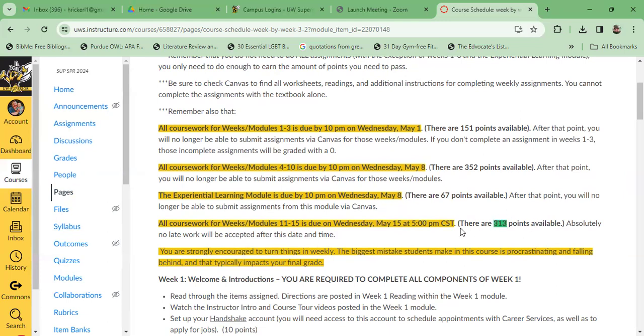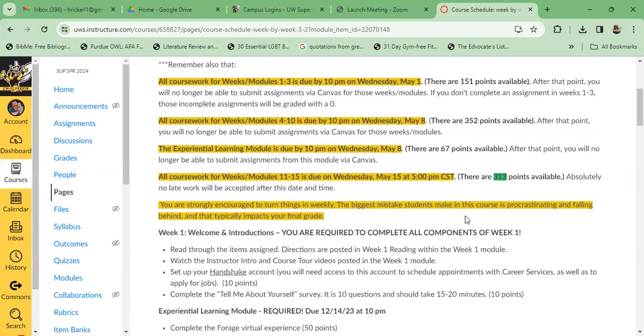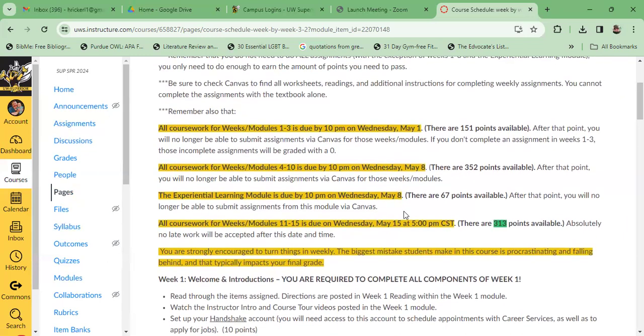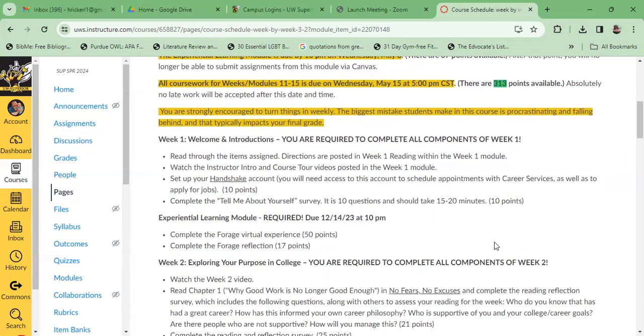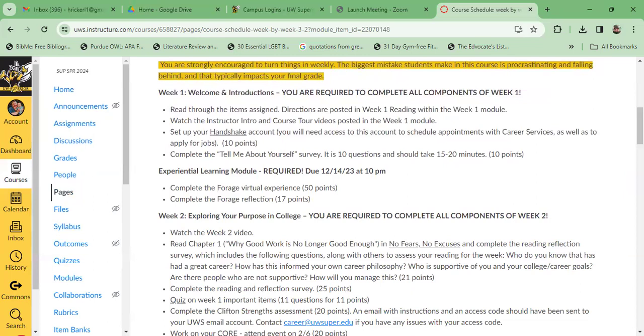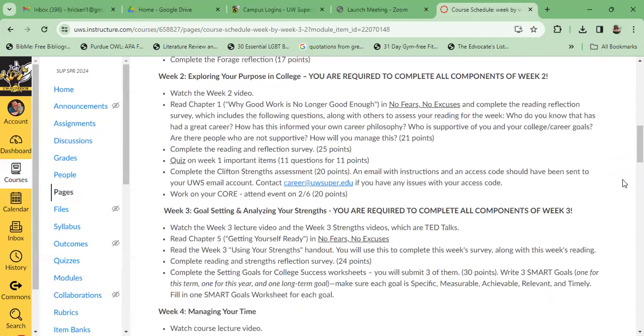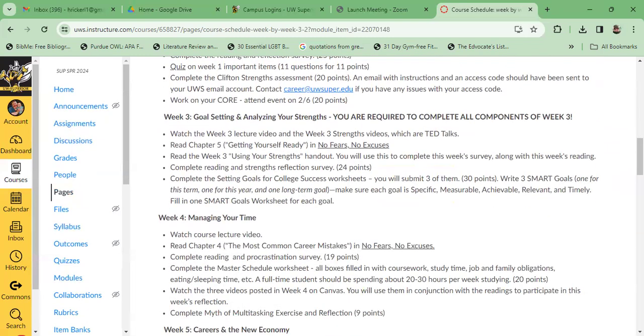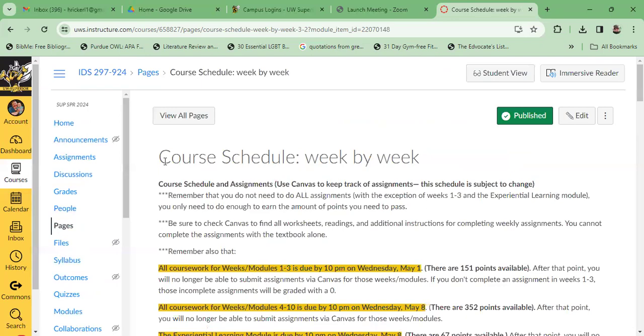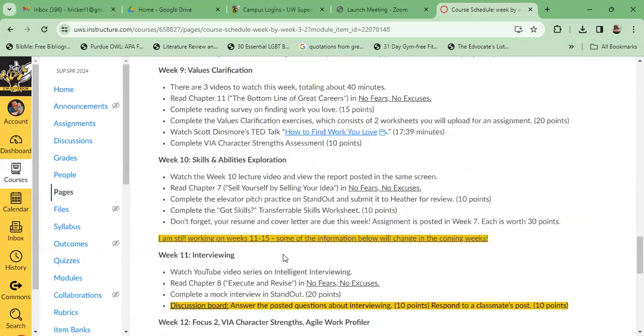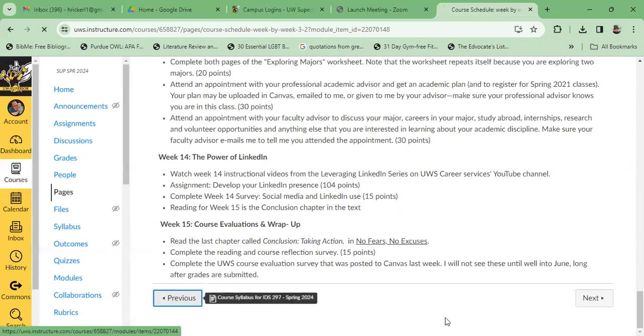I'm working on some things in that later third of the course, so just be patient. I'll update that soon. Everything is listed here for what you need to do and how many points are available. This just goes on and on. You can scroll down. I am going to go all the way down here and go to previous